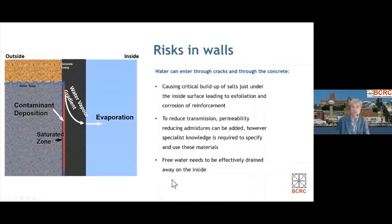To the walls, similar problems. We've got to get the concrete right. We have moisture coming through, so if we do control our cracking, if we do control our joints so that we don't get water coming in through cracks and joints, we still do have moisture coming through the concrete slab, saturated on one side, evaporation on the inside, and as I mentioned before, even with relatively low salinity in the groundwater, this can build up to critical levels on the inside and cause problems within the service life of the structure. Initially, we start to see some surface exfoliation,